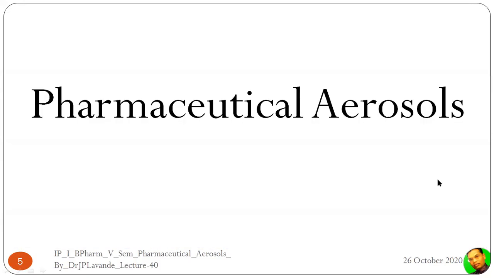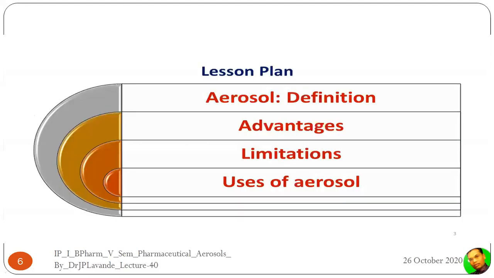Dear students, we are on to the aerosols. In our previous lecture, we went through the details of aerosols: what aerosol means, their definition, the advantages of aerosols, the different limitations associated with them, and the different uses of aerosols, in which we saw that there are topical aerosols, nasal aerosols, ocular aerosols, vaginal, rectal, and so on. So based on the utility, there are n number of types of aerosols.